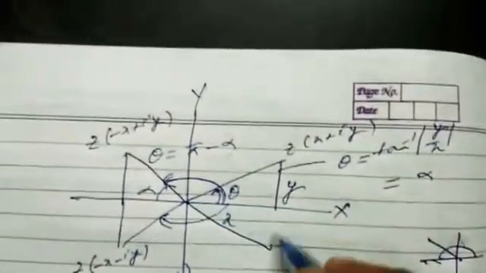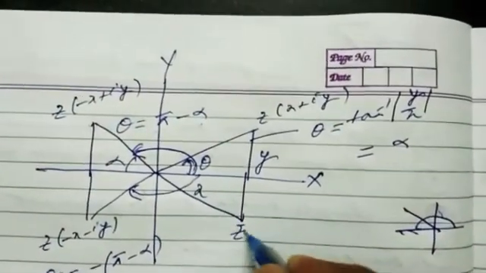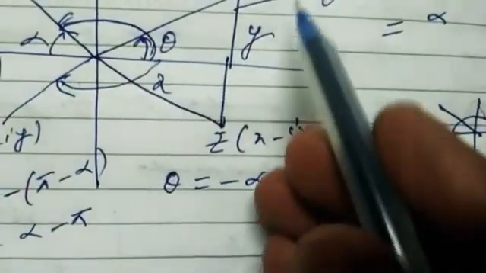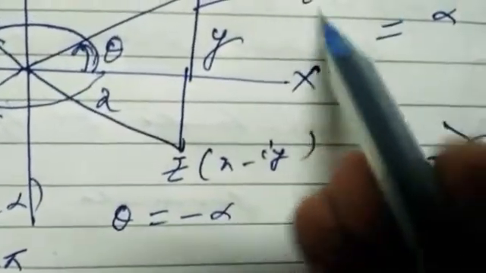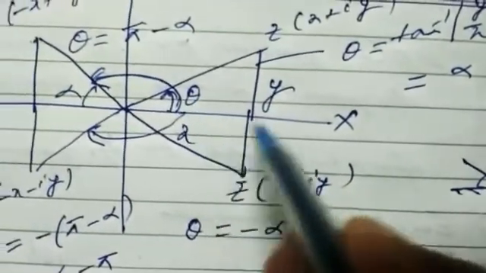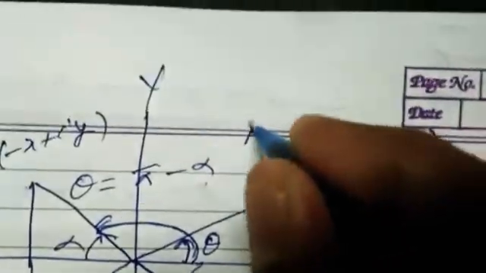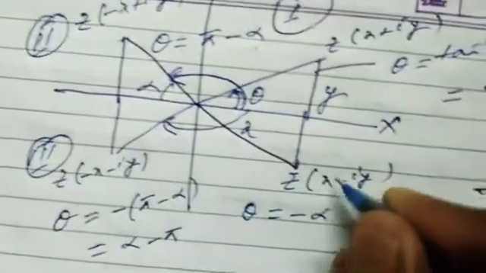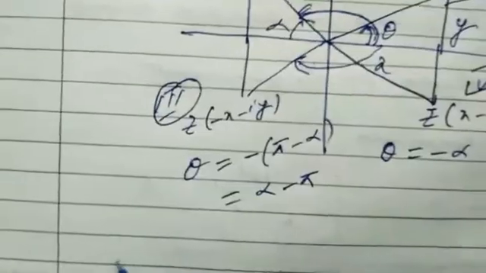When we go to the fourth quadrant, z will be x minus iy. But how will it be represented? So we have located the complex number, and all the arguments, meaning the inclination, in all four quadrants. This is the first quadrant, this the second, this the third, and this the fourth. And what are their values? We can gather them here.